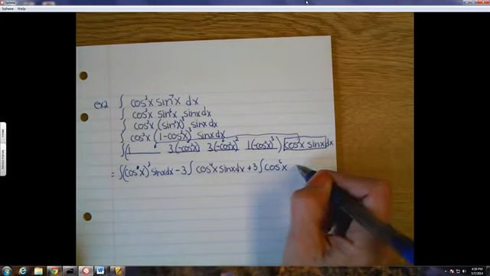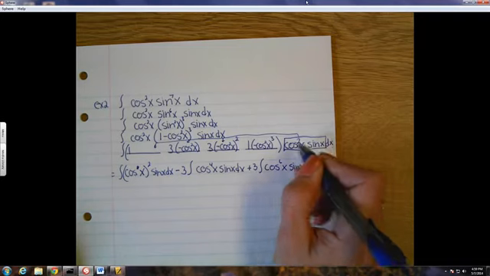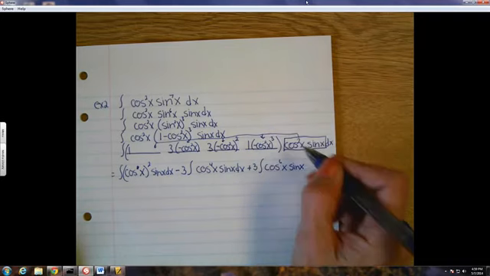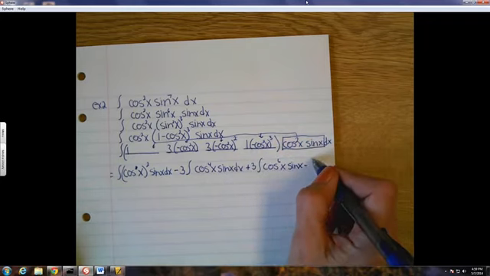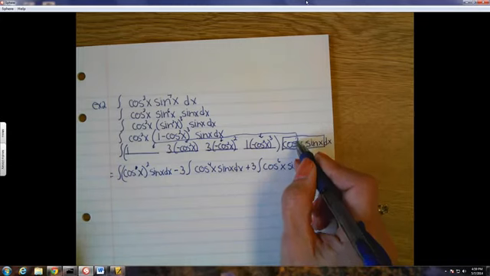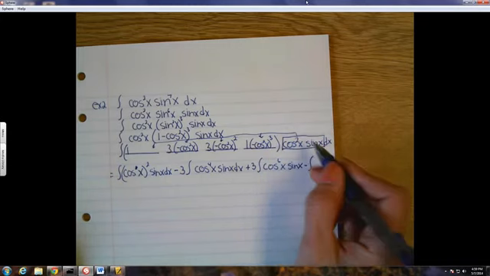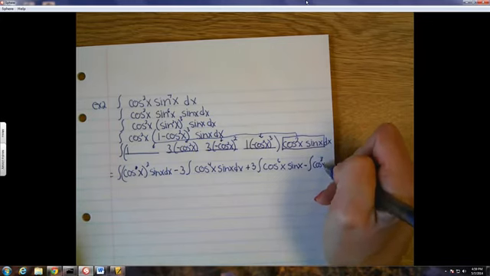I add exponents. And then the last one here, I'll have a negative cubed. That's going to be negative. This will be cosine to the 6th, multiplied by cosine squared. I add 6 plus 2 is going to give me 8. And then a sine x